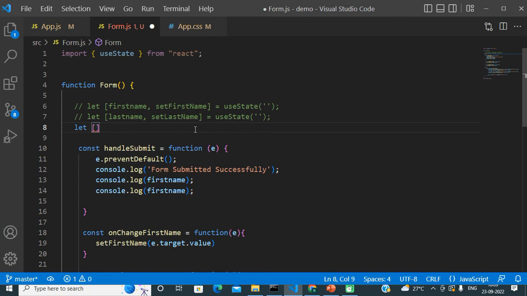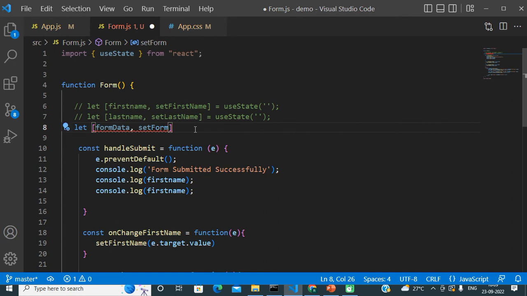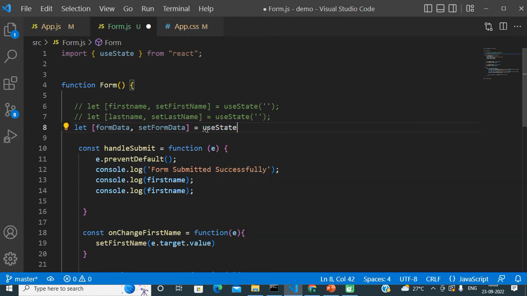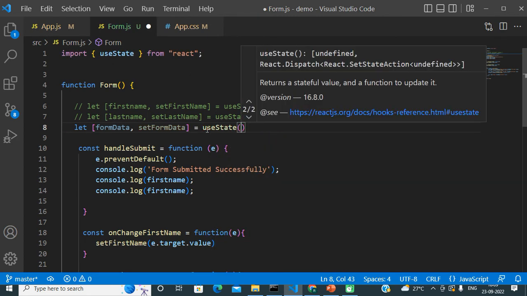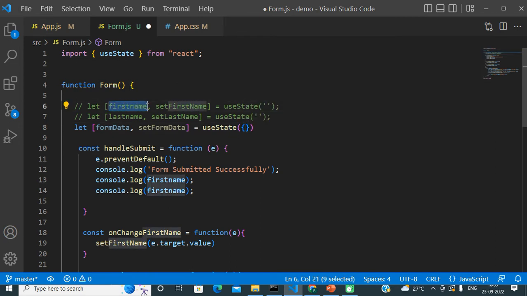Let's name it formData, my defined name, and setFormData. Here I will use only one useState hook. I will pass a complete object as the initial value, and I will store these two variables as normal properties, similar to our existing approach.